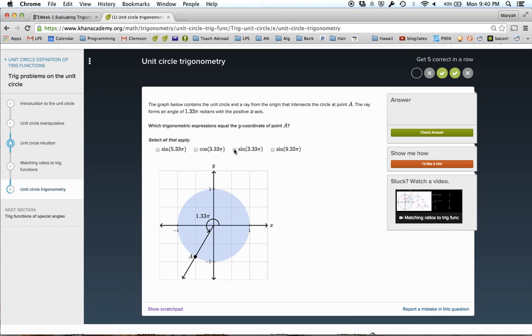Now we want sine only. And if I add another 2 to this 3, I would get 5.6, 7 isn't there, but 9 is. So all 3 of those